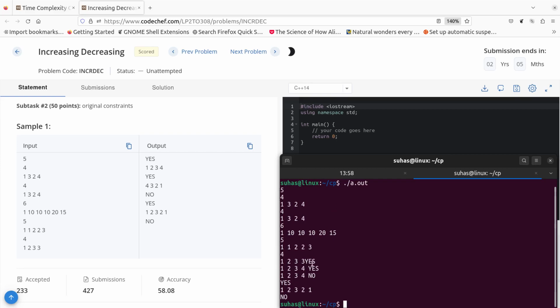Okay, we got 1 2 3 3 yes, 1 2 3 4 yes, 1 2 3 4 no, and then we got yes, 1 2 3 2 1. Okay, very good. Let's run our first test case. 4 1 3 2 4, we got yes and 1 2 3 4. Now let's have 1 4 1 3, 1 3 2 4 for the next time. Also we have the same, we have 1 10 10, we got no,